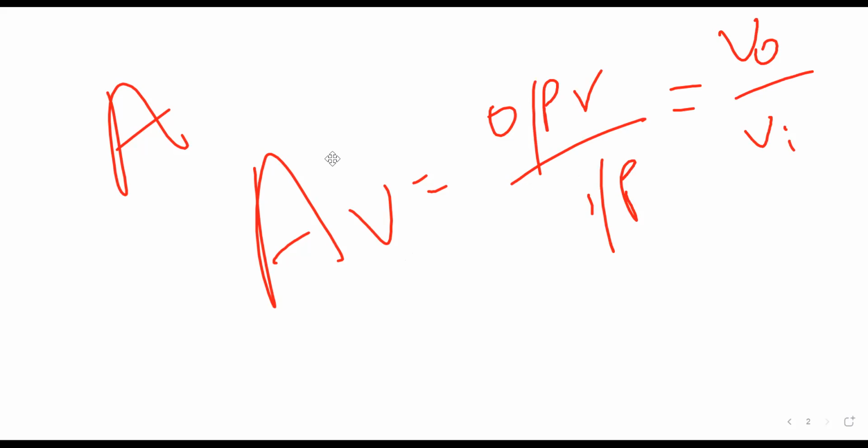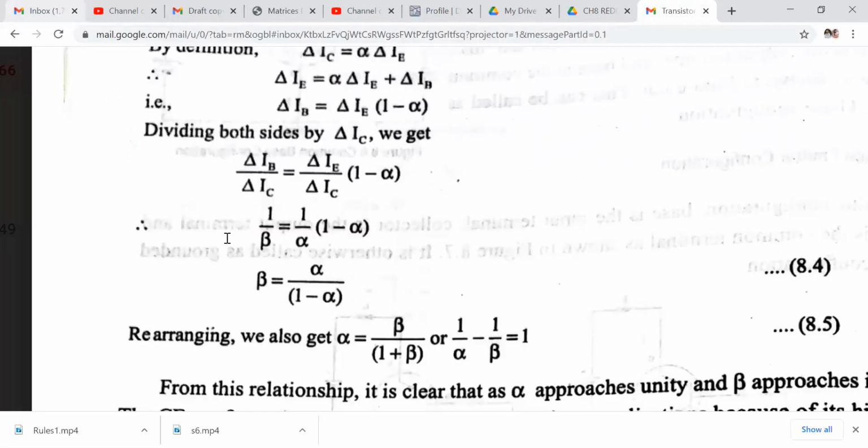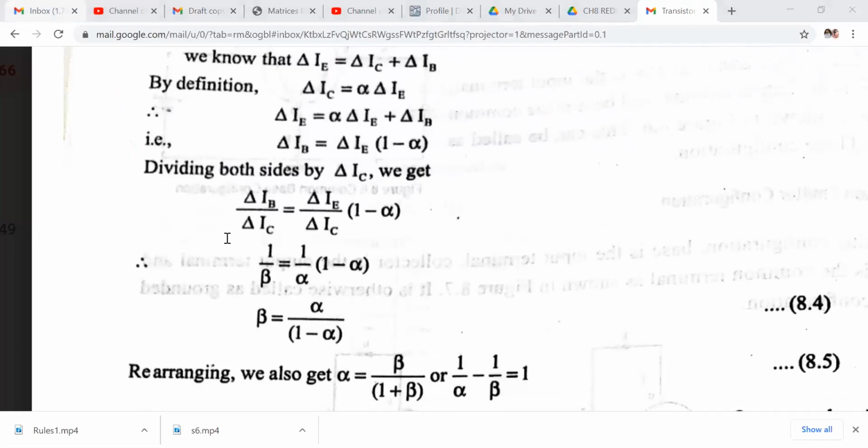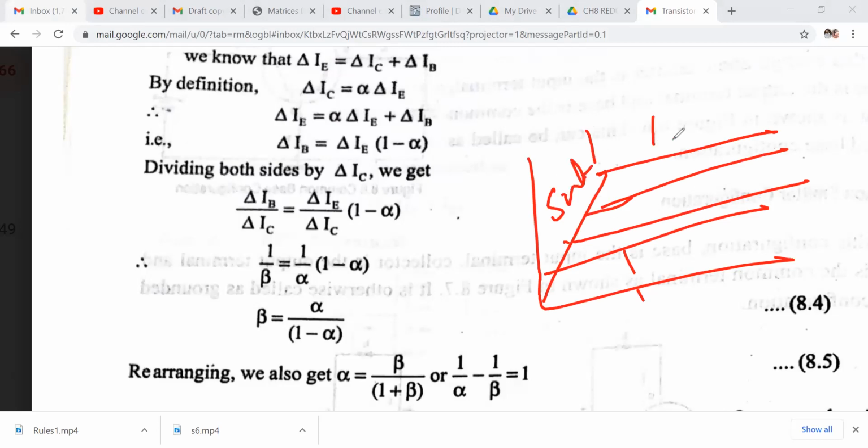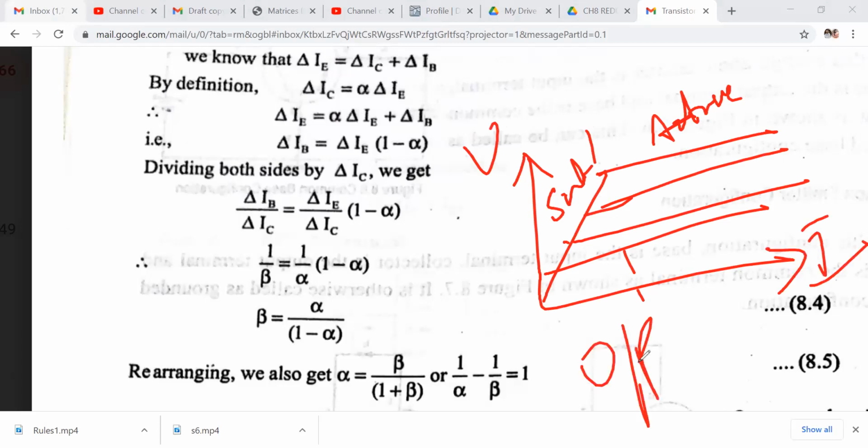Clear? Then coming to the output characteristics, that also I told you. I told you one shortcut in that also. Draw this, put a line here, put one more line, join these lines. Up to this is the saturation region, and up to this is the active region. This is our voltage versus current characteristics, the output characteristics. Easy or difficult? Easy. Now are you confident? Yeah.